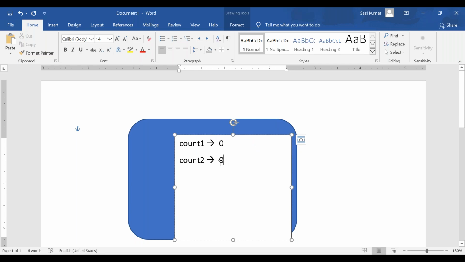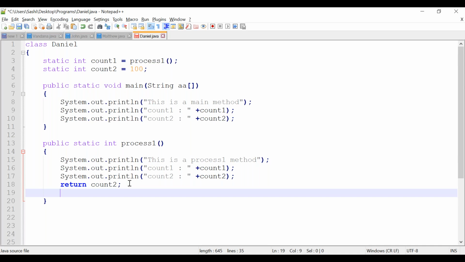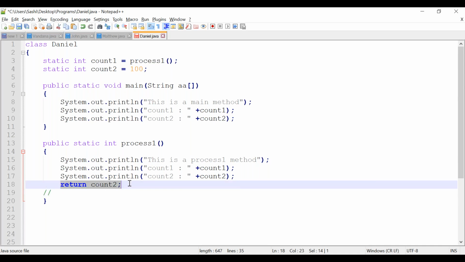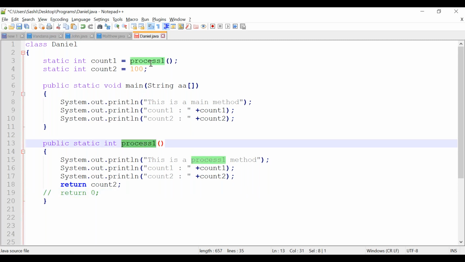Same 0 you are returning here. Now count 2, if you see the value, you are returning 0. Who called this method? Here it is called.